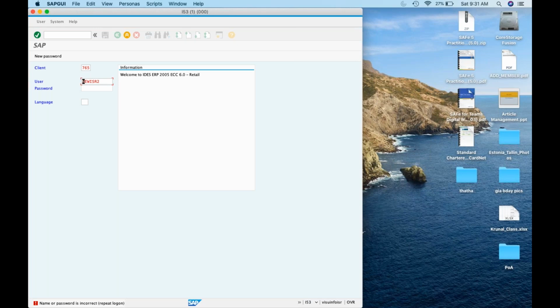It says name or password incorrect. Actually, Rahul told that this is in validity. So actually, this was got activated. I asked them to send the credentials now. It will take like 5 minutes. I'll be sending you the details. Yeah, no problem.